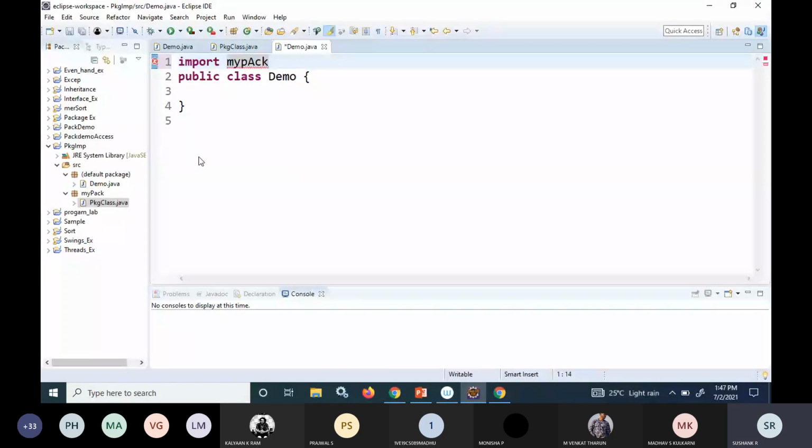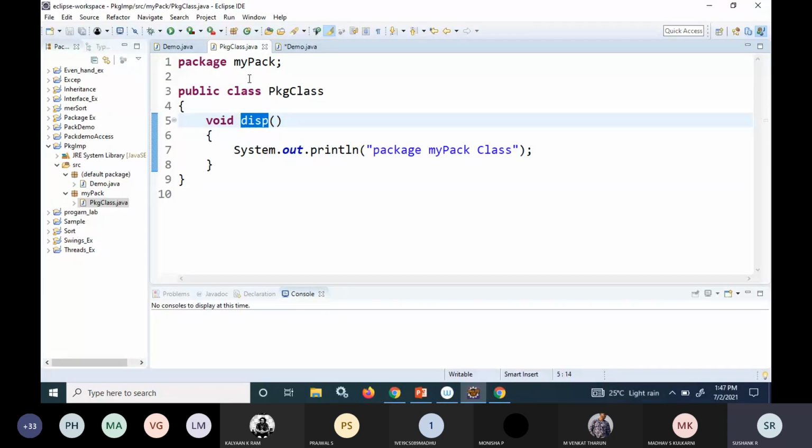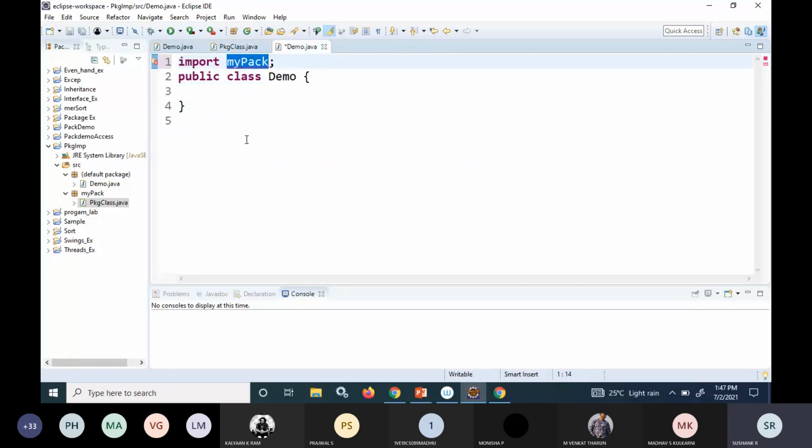There might be some issue with the case sensitivity, so that should be taken care of. If you write like this, you're able to make use of the package called my pack, and the class called package class is applicable to this demo class also.